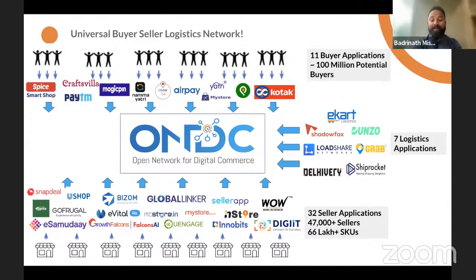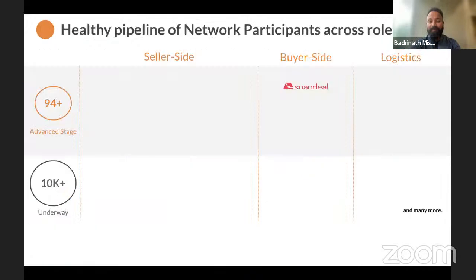You can see GlobalLinker on the screen, which is also a seller application on ONDC, bringing more than 25 sellers now and 2,500 products. There are 7 logistics applications, to name a few: LoadShare, Dunzo, Delhivery, ShipRocket, eCart. They are available on the network to help the seller applications and sellers bridge the gap from the source to the destination address.